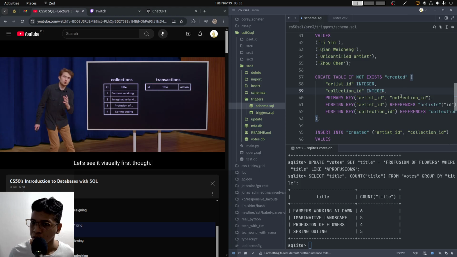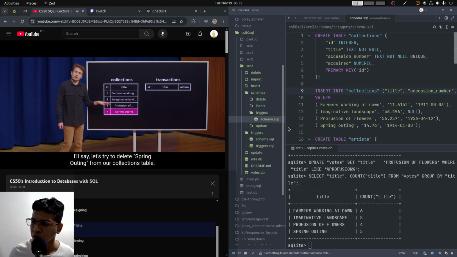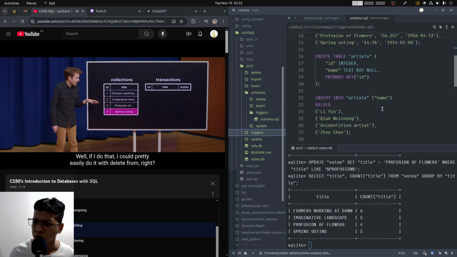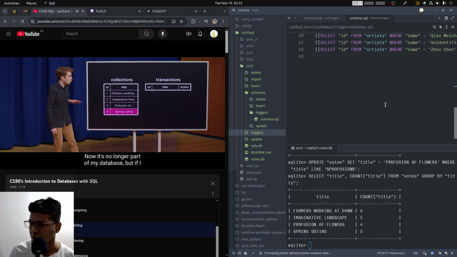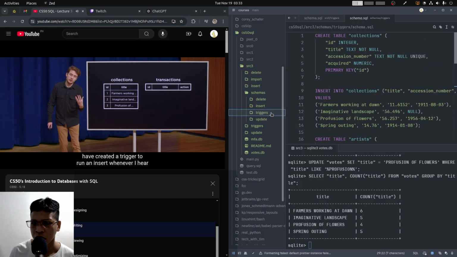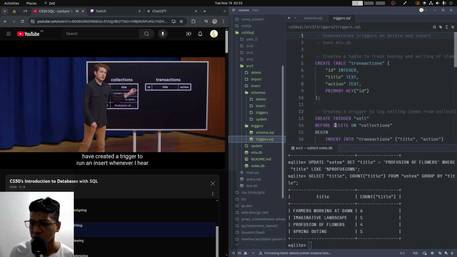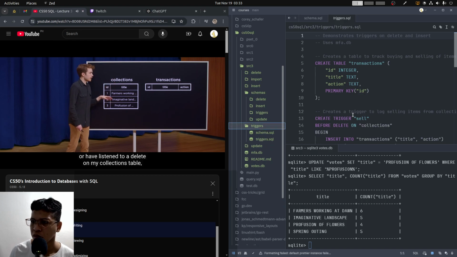Let's see it visually first, though. I'll say, let's try to delete spring outing from our collections table. Well, if I do that, I could pretty easily do it with delete from, right? Now it's no longer part of my database. But if I have created a trigger to run an insert whenever I listen for a delete on my collections table,